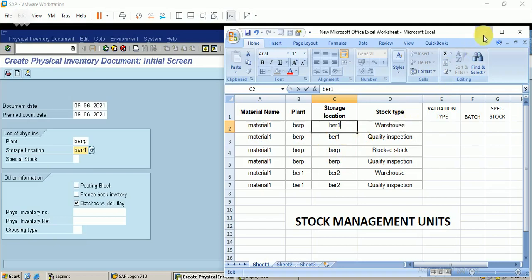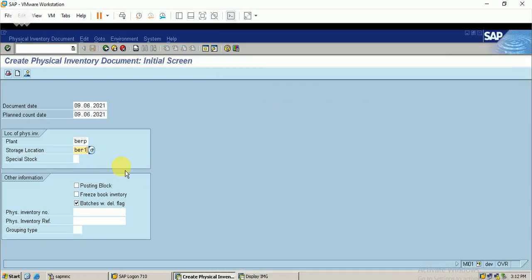Okay, we can make a posting block. While doing the physical inventory, we can make this option so that the posting for this material will be blocked. I just press enter. So I can link the material.